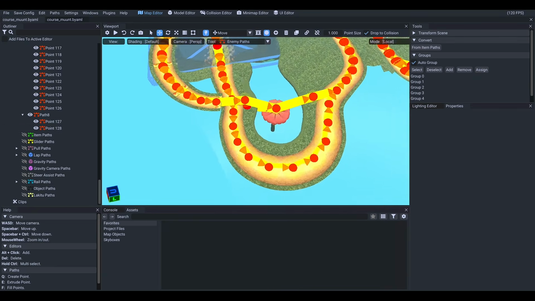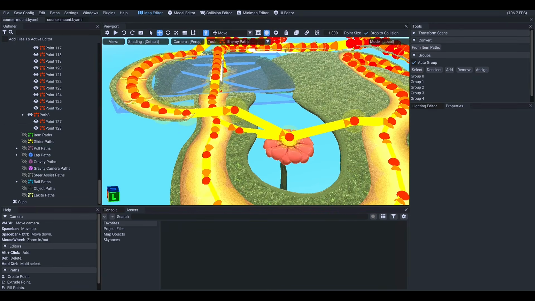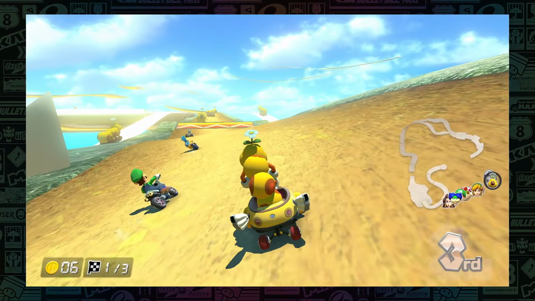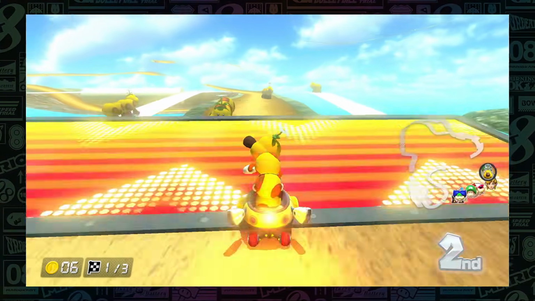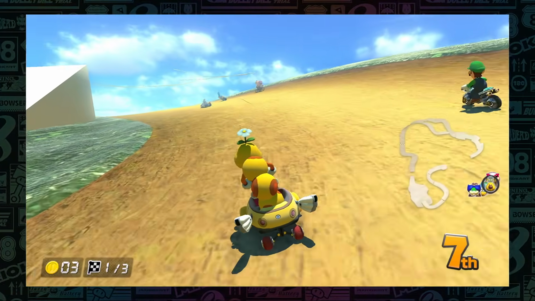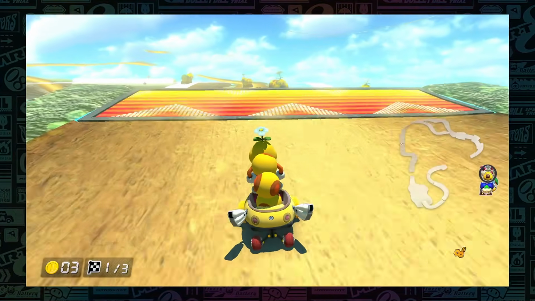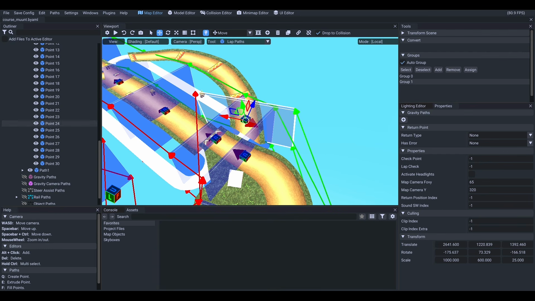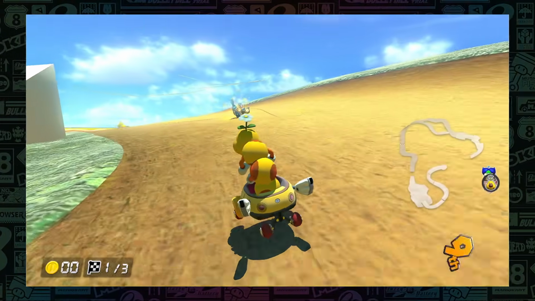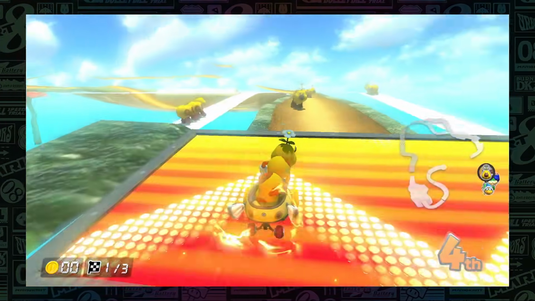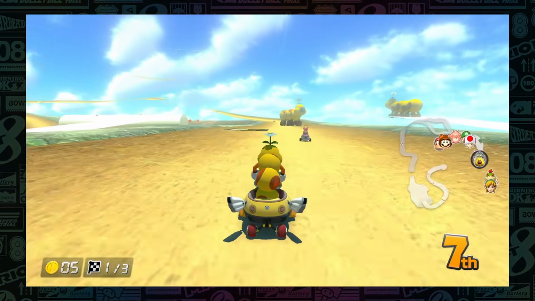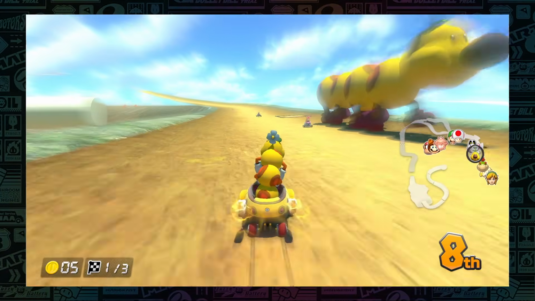So, after placing over 100 nodes, including ones that covered the track's shortcuts and secondary route, it was time to check this out in-game, at which point I ran into a funny problem, because me and the CPUs were getting picked up by Lakitu at the track's first jump ramp. This was of course because I'd set up that split lap path box thing incorrectly, meaning the game thought everyone was trying to take the other route where this part is out of bounds. Luckily though, I managed to fix that, and apart from that, the lap and CPU paths all seemed to be